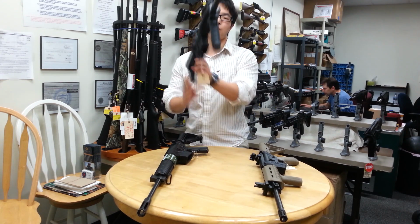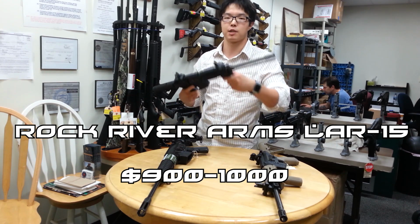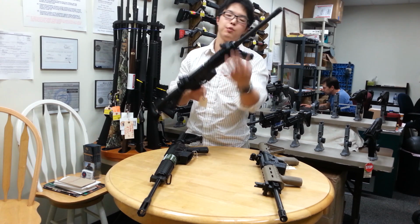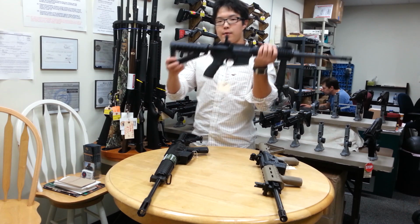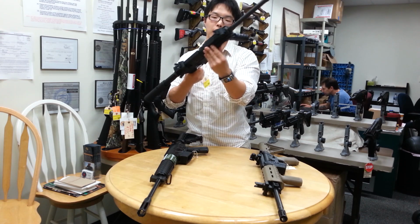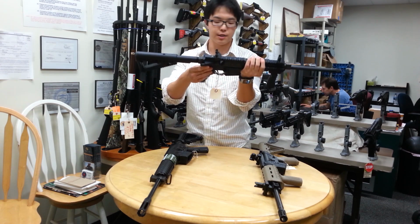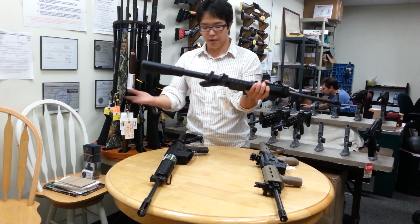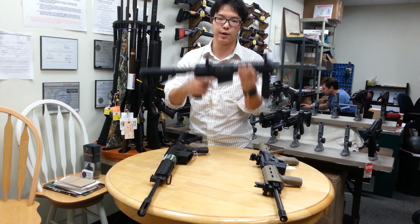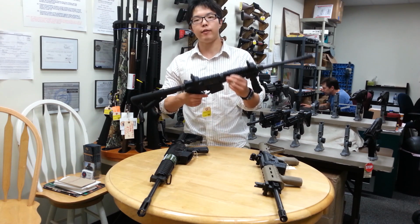Moving on, we have the Rock River Arms LAR-15. This is a much more premium rifle with much more premium features. The barrel is of a heavy contour, meaning it doesn't taper down once you reach the gas block. It has a lot of Rock River Arms proprietary components such as this Rock River Arms stock. And you have a custom Rock River Arms quad rail, their own gas block, and the internal parts are a lot better quality than what you'll find on the M&P15, and some of them even come with the Rock River Arms 2-stage mag trigger. This gun is going to cost you about $1,000,